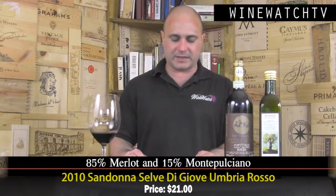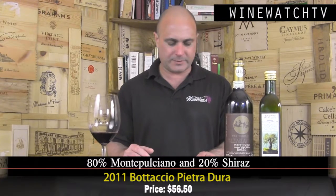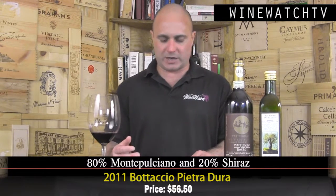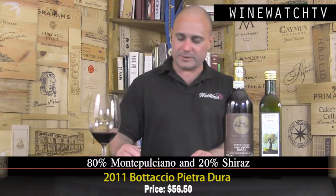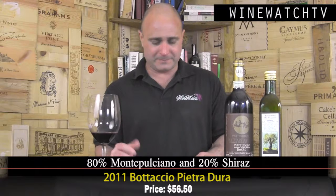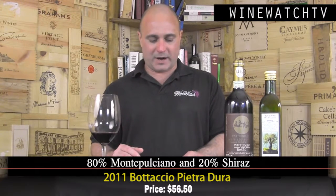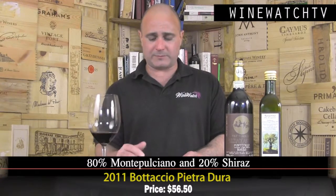All right, the 2011 Bottaccio Pietra Dura. Bottaccio? I think that's how it says. Anyways, this wine's a blend of 80% Montepulciano, 20% Shiraz. You don't see Shiraz used too often in Italy. Usually they would say Syrah, but it's from Lazio, so he has expanded outside of Umbria. Now he's moved on to Roman wines. You don't see many wines made from Lazio. Anyways, the wine's name means hard rock, so there must be some hard rocks in the